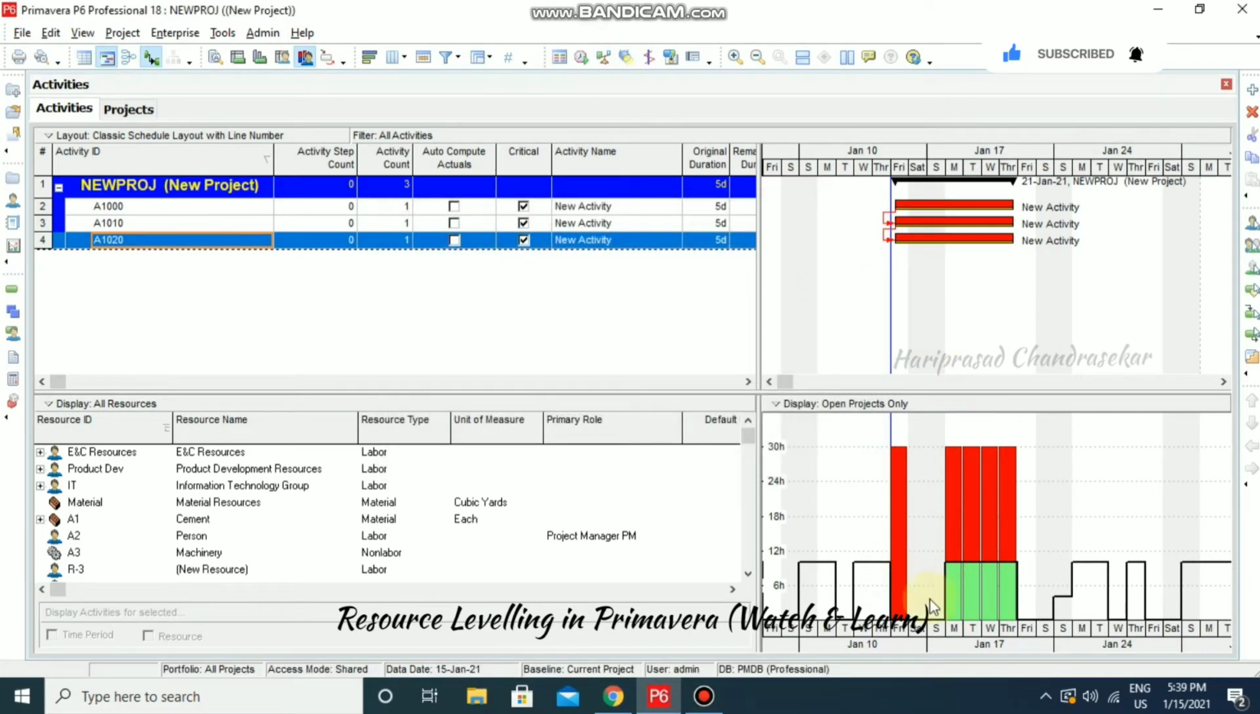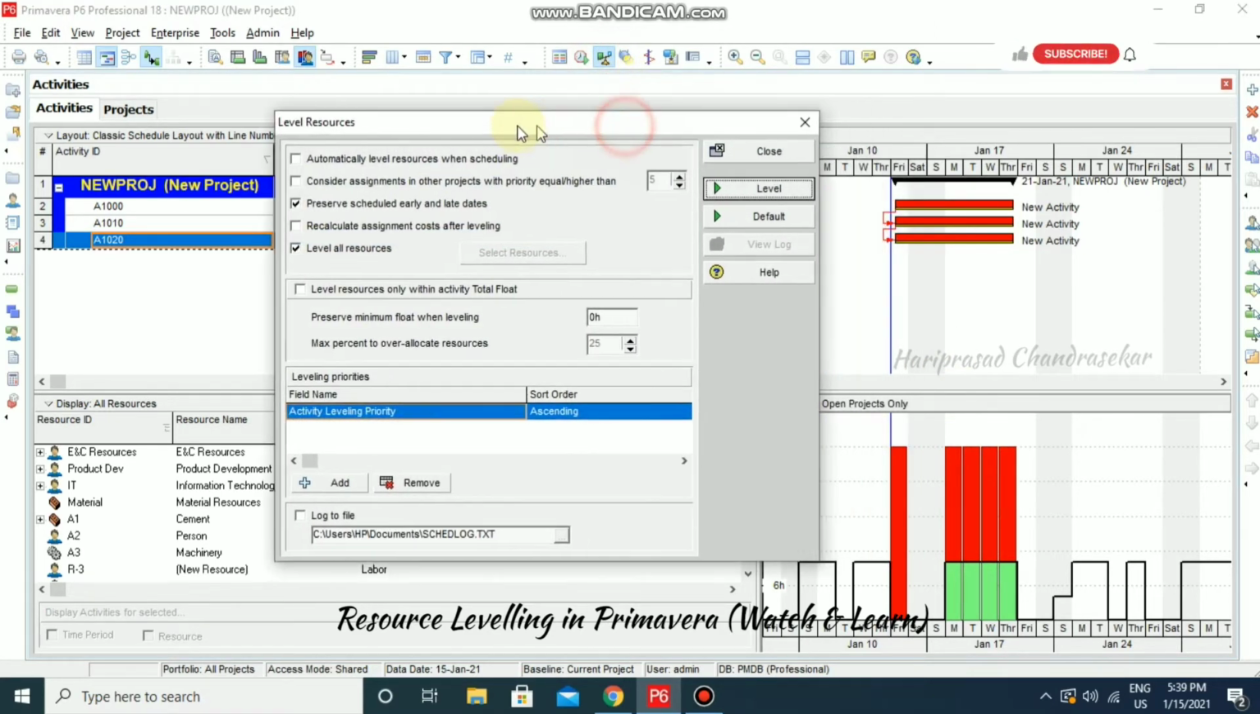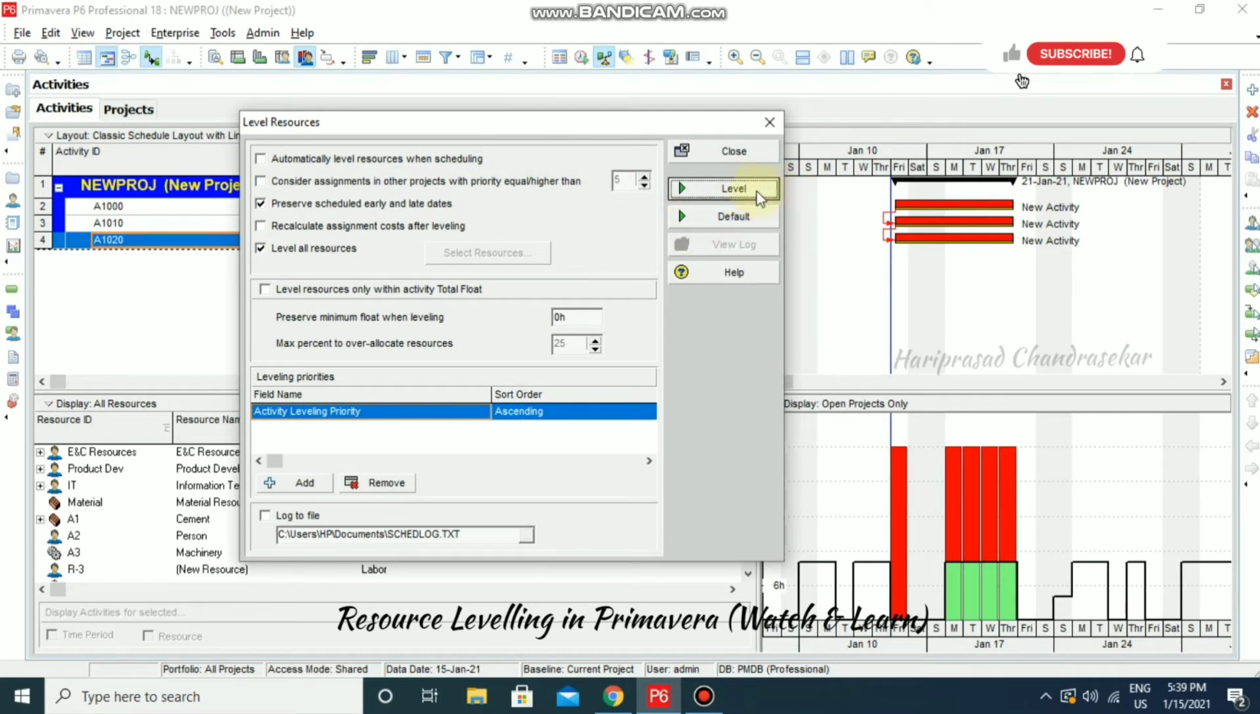Now we can see here that we have only one resource, but three activities are going to start. So one person can't work on three activities. So then we can go for leveling resources, and I'm just going to level it. So we can also go for leveling priority, activity leveling priority, and we can also go for,